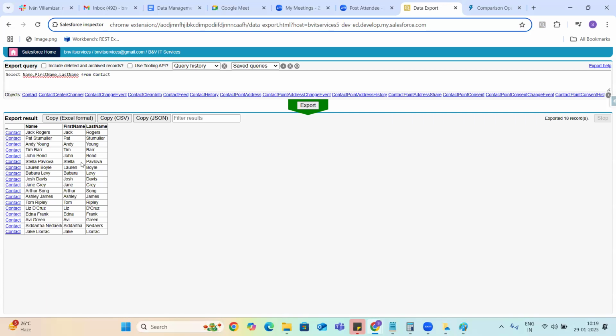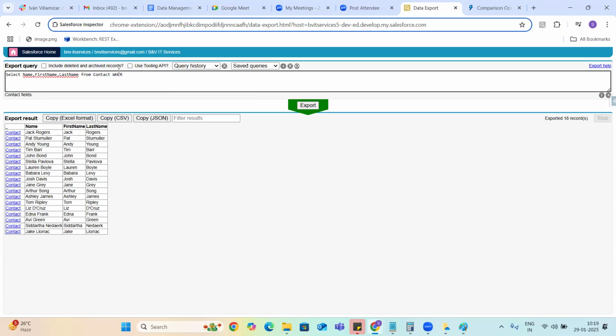Name is nothing but a combination of first name and last name. Here we would like to apply a filter condition on last name, and I'm trying to use the LIKE operator.